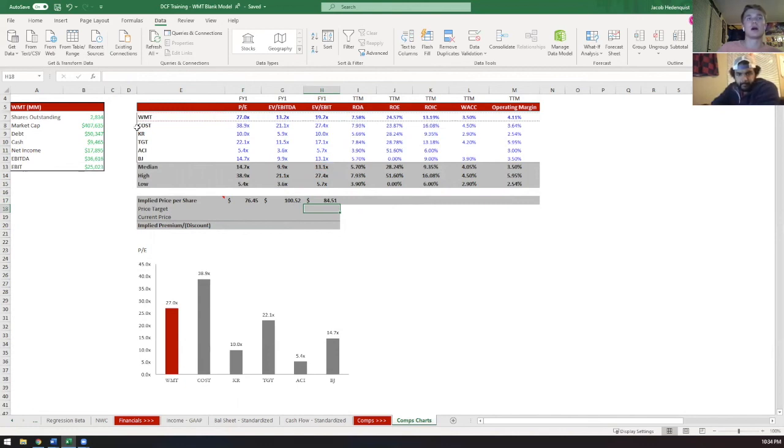considering that Walmart trades at higher multiples than its competitors, thinking about Walmart's P/E, it's 27.0 times to a median of 14.7 times. If you use a 14.7 times multiple on Walmart's EPS, it's going to be a lot lower, whereas if you use a 27, it's going to be a lot higher. So, the question you have to ask yourself is, does Walmart deserve to trade more closely in line with its competitors, or does it deserve a premium? And that's kind of up to you to decide. The main thing, though, is you have to have